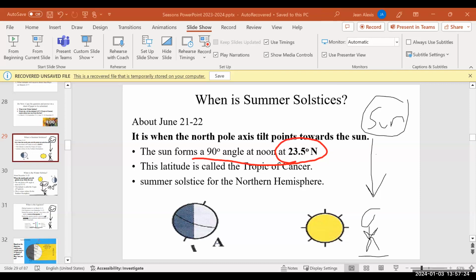23.5 degrees north. This latitude is also known as the Tropic of Cancer. All right. So that lets me know that if I'm at 23.5 degrees north, I know for a fact during the summer solstice that the sun will be at the highest angle at noon. When I go back,